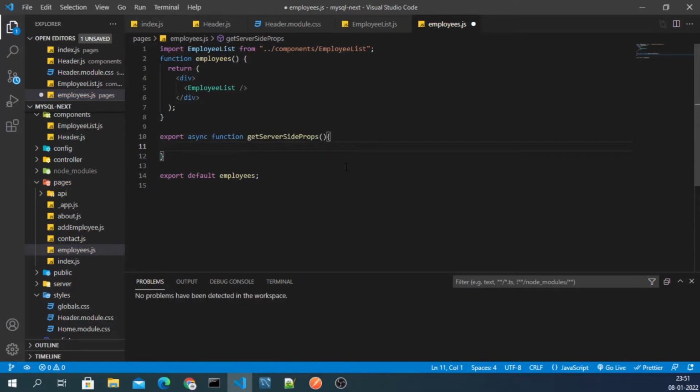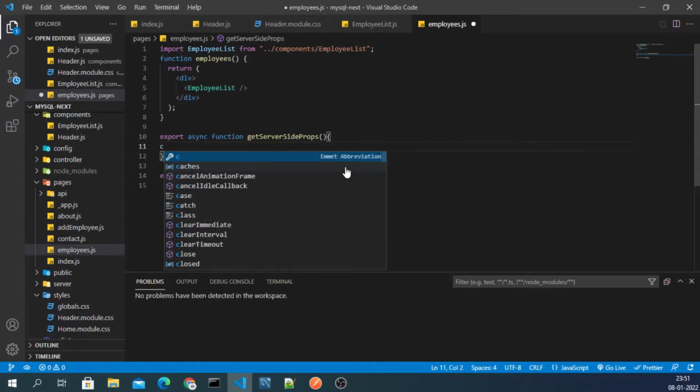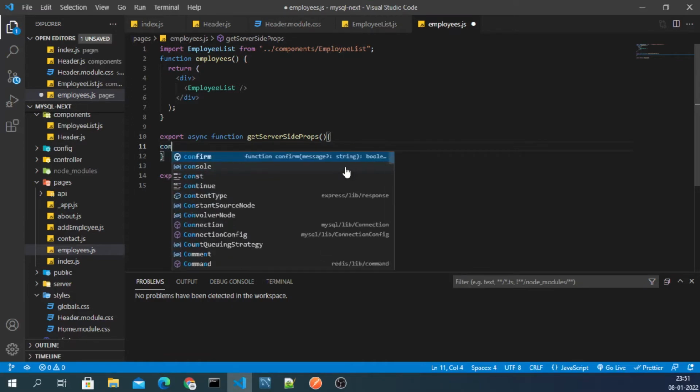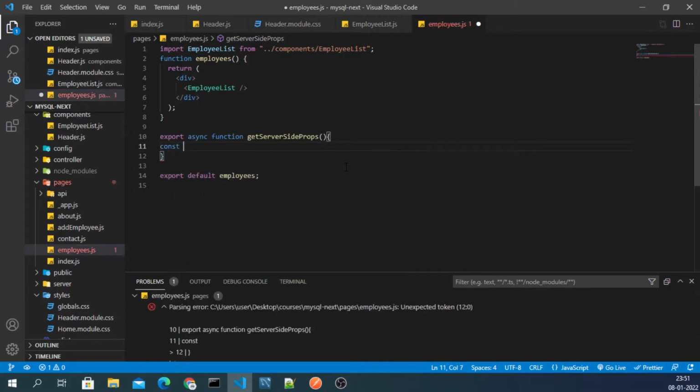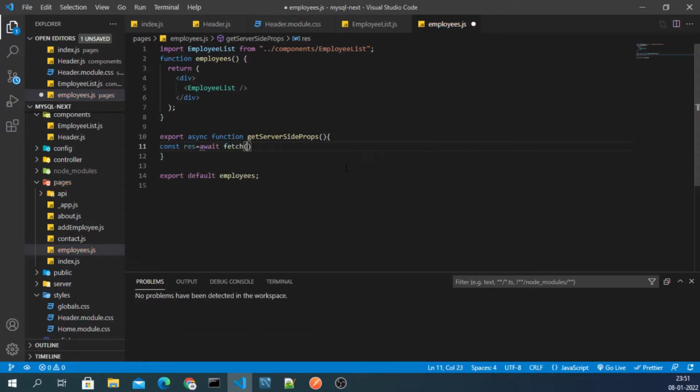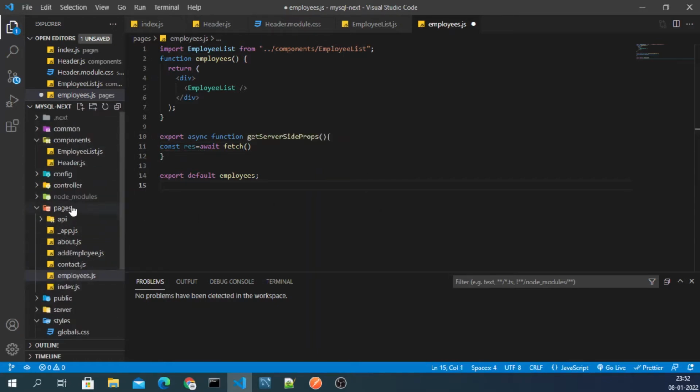Now I have to call the API here: const response, await, because we are using async and await. So I'll fetch, and get employees, right? The get employees is in pages, then API, and then employees.